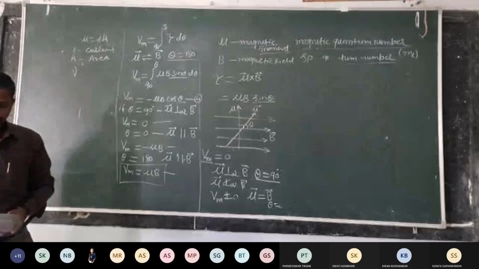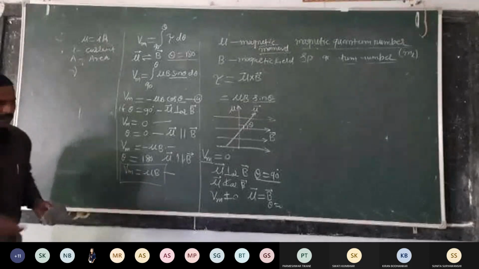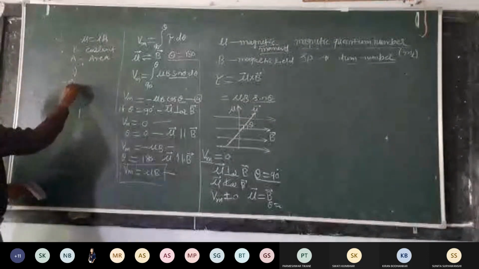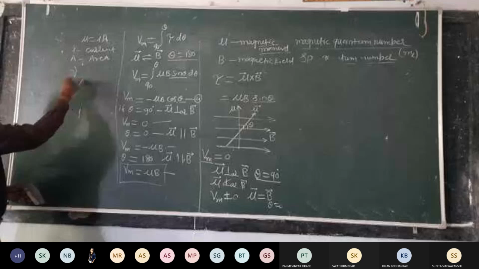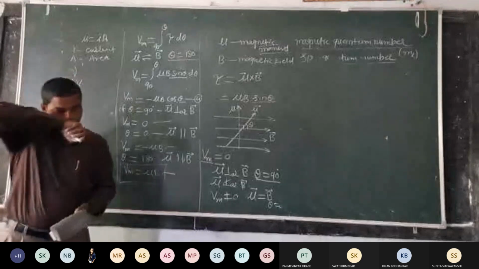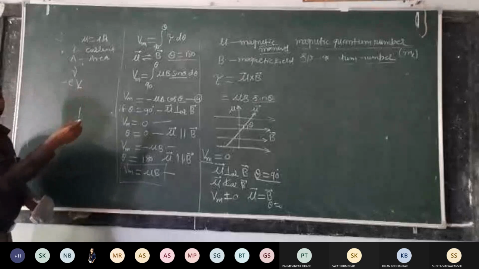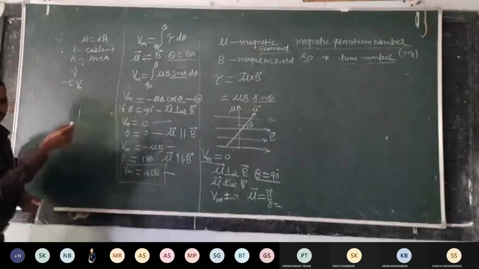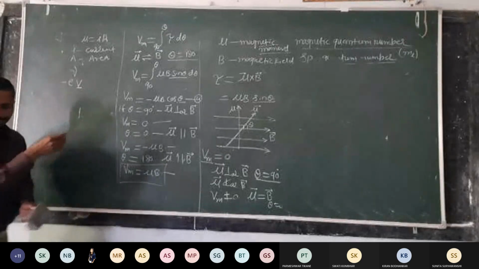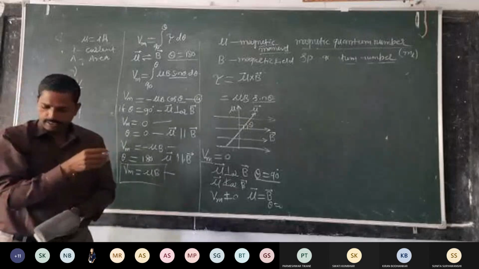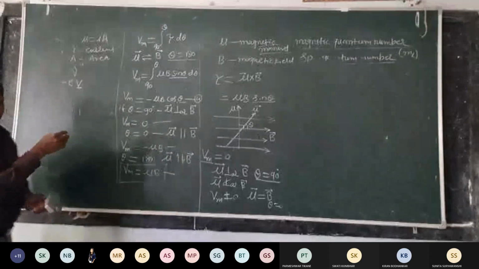It is equivalent to the current, minus e into v. This v, however, is not the v of potential energy; it is the v of voltage. Okay, then where minus e is the charge of the electron and the magnetic moment